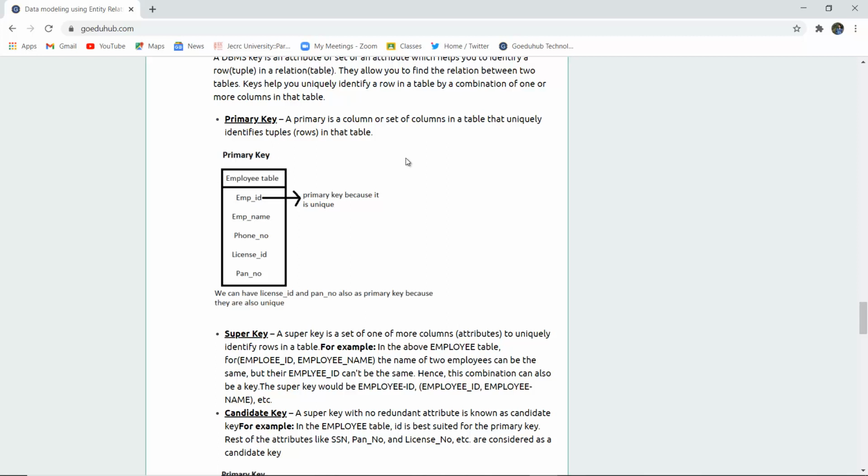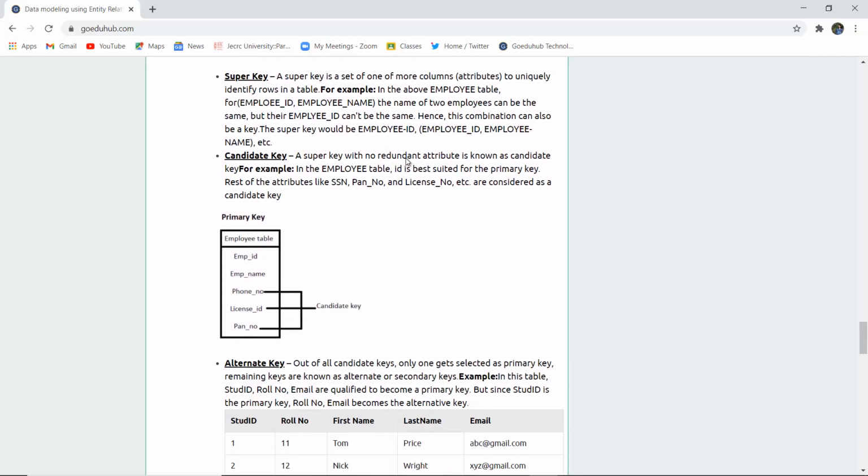For example, ID, roll number, employee ID, all such things can be listed as primary keys because they are a column or a set of columns which uniquely identify the particular tuple. Next is the super key. A super key is a set of one or more columns or attributes that uniquely defines the entire row of the table.